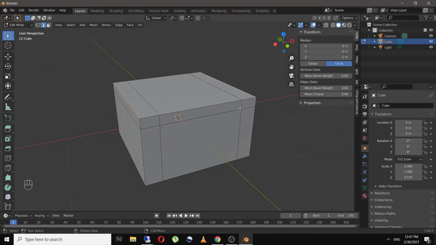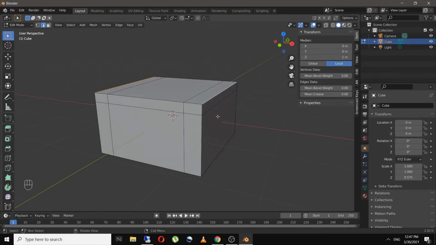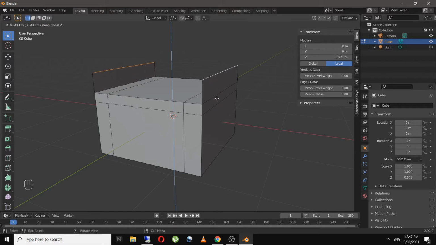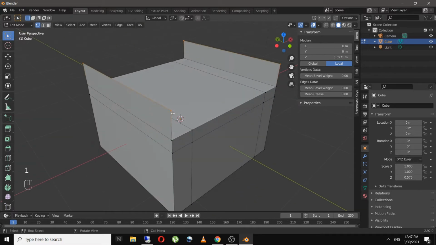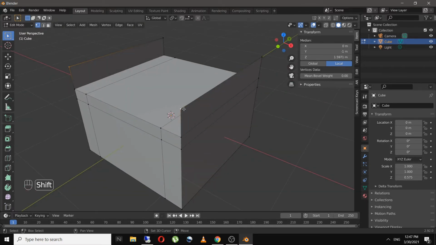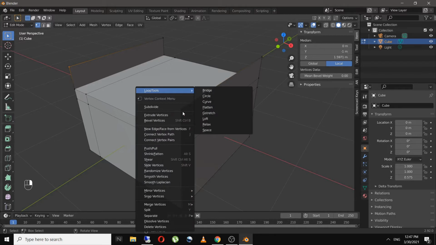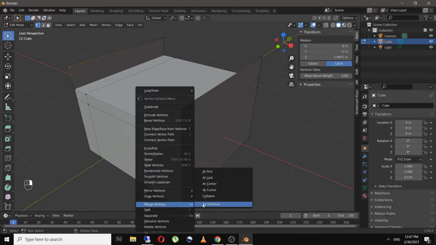And now I will select these two edges and extrude them on Z axis by clicking on E. And I'll go to vertices mode by pressing 1 and select these two vertices and merge them at center.